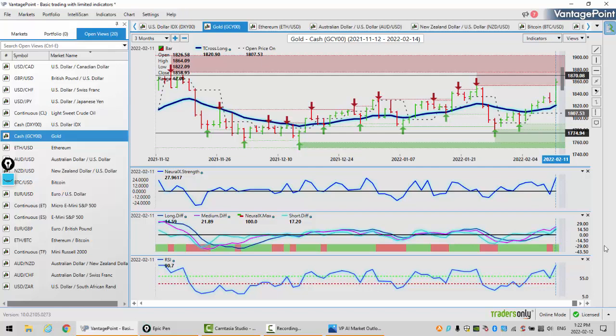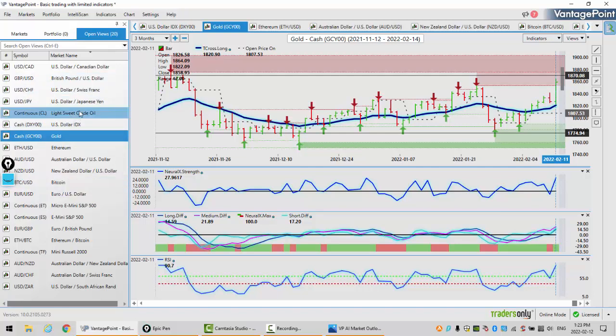So again, most of the indicators here suggest further gains for gold, but that will still be dependent on what happens with this Russia-Ukraine conflict. If that dies down, then gold will soften very, very quickly. So we identify where that key level is, 1820. That's the level we will watch to begin the week. As long as we're holding above that, then the bias is still for further gains.